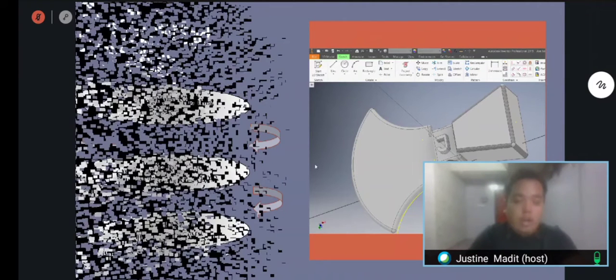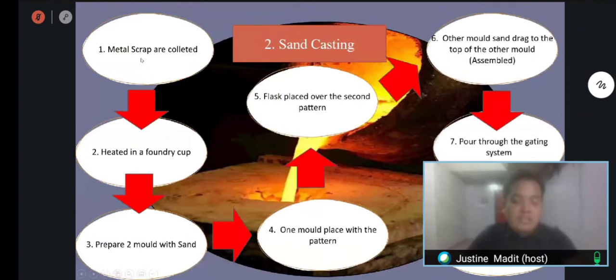After the X is finished physically, the next step is that metal scrap is collected. This metal scrap is stainless steel that we collected to become molten. Before it becomes molten, it is heated in a foundry cup. A foundry cup is basically a cup where you heat the metal scrap until it melts,